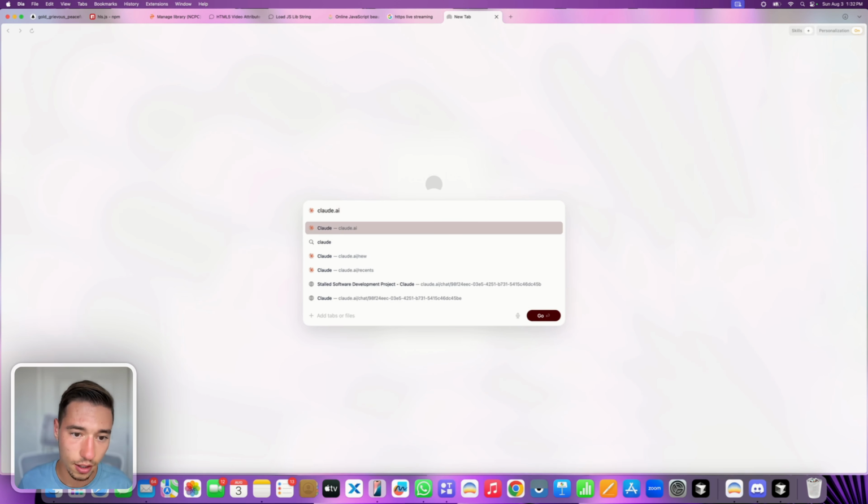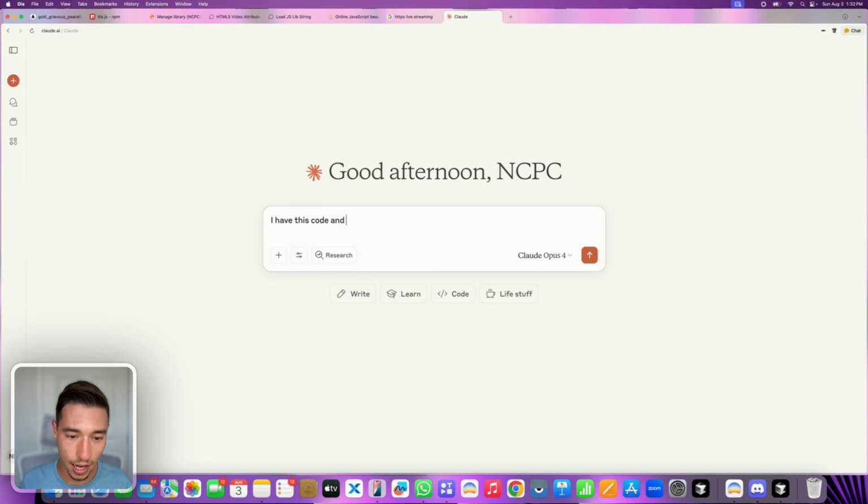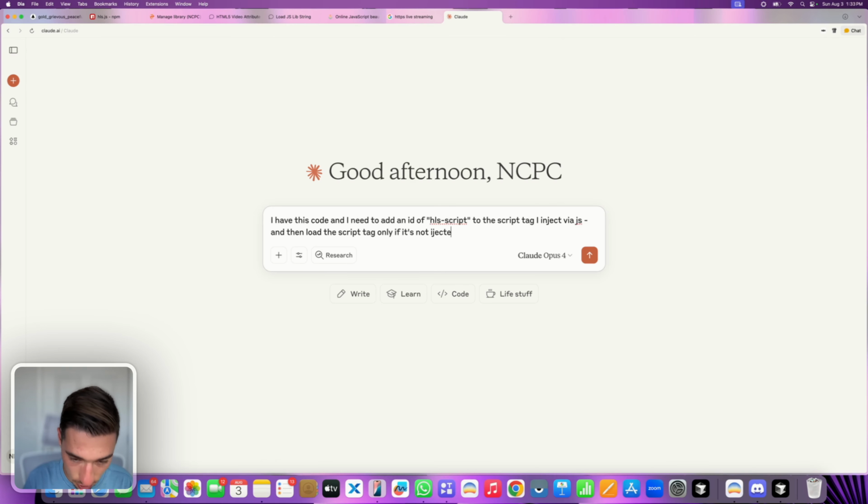Okay, let's say I have this code and I need to add an ID of HLS script to the script tag I inject via JS, and then load the script tag only if it's not injected